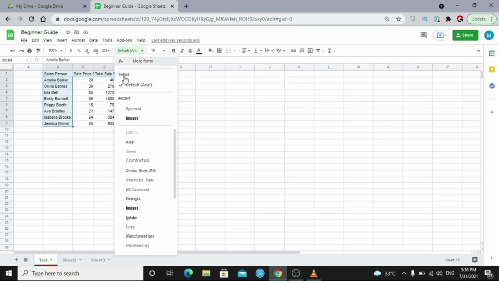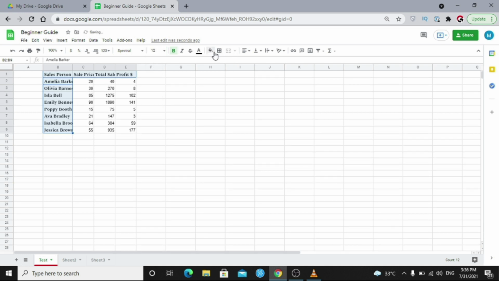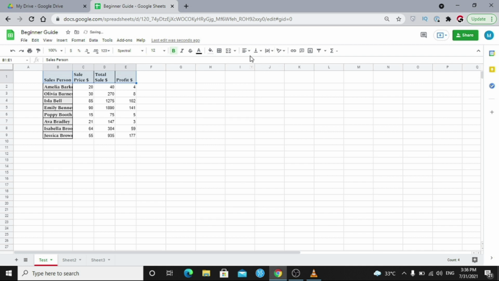From here you can select the font size and the font, and you can also color the text, and color your cells accordingly as per your need. And with this option you can apply borders. You can also align your data by clicking on it, like center, left or right, and also the wrapping of text. And you can also create filters on any given table.